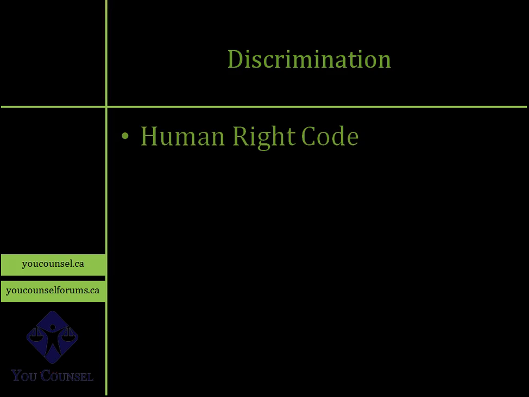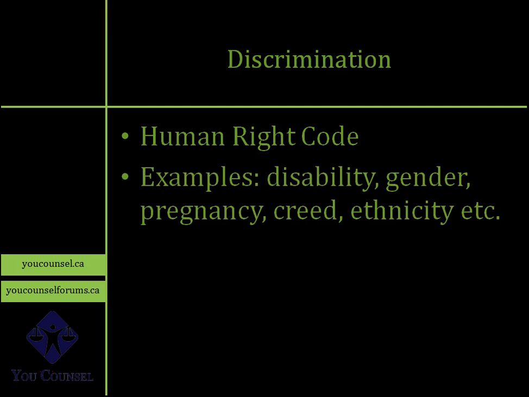Discrimination. This is based upon a breach of the Human Rights Code in Ontario. That's the human rights legislation in Ontario. There are similar legislations in the other provinces. And if you believe that you're terminated because of certain discriminatory grounds, so for instance, you ended up having some sort of disability, and that was the reason, or one of the reasons why the employer decided to terminate you, or because of your gender, your sexual orientation, pregnancy, creed, religion, ethnicity, all these grounds are listed in the Human Rights Code, and if it's a breach of one of those grounds, and that's the reason, or one of the reasons, or one of the factors in your dismissal, then you have grounds for wrongful dismissal.